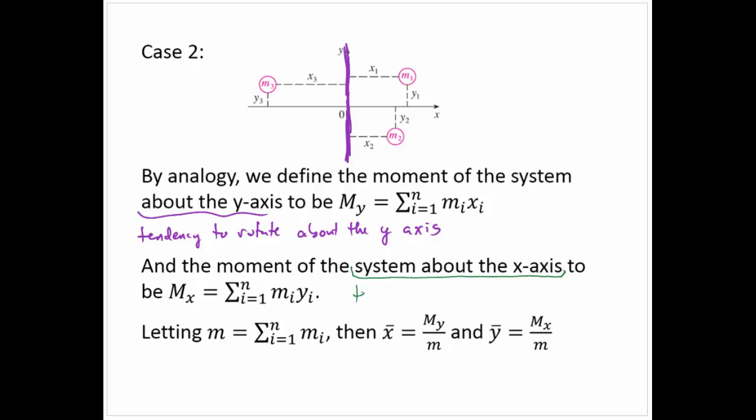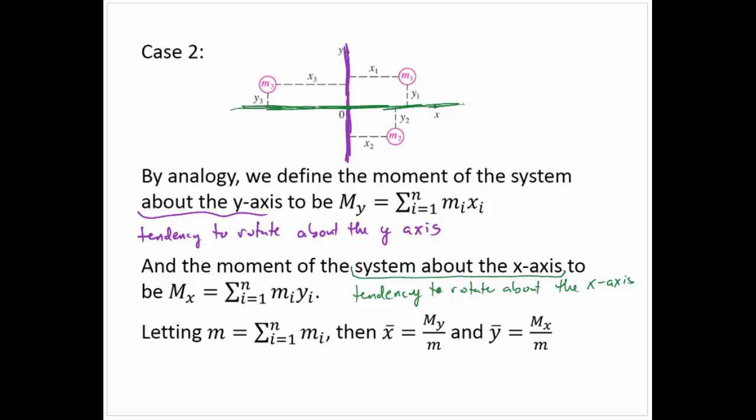is the tendency to rotate about the x-axis. And so if we think, okay, well, there's my x-axis, I need to consider the y-coordinates to see if it's too heavy above or too heavy below the y-axis. I'm sorry, the x-axis. All right, so the moment of the system about the y-axis, m sub y, is the